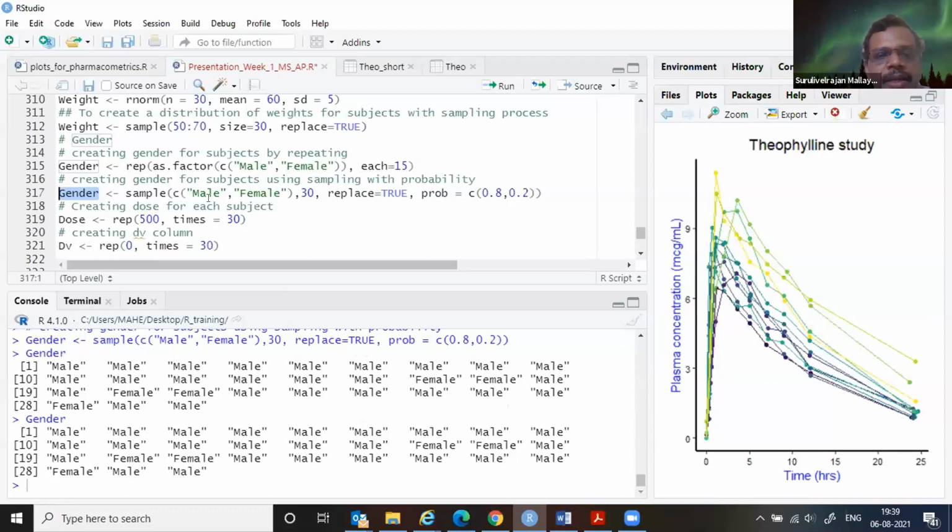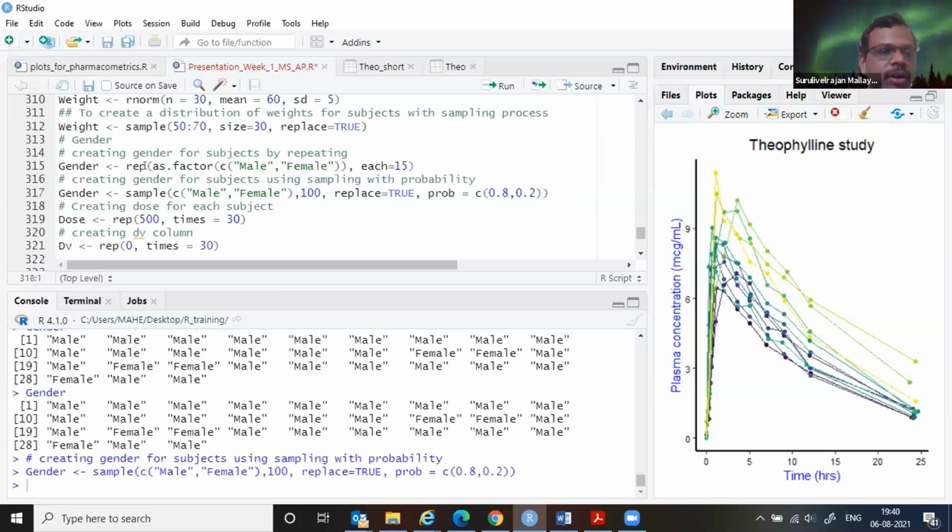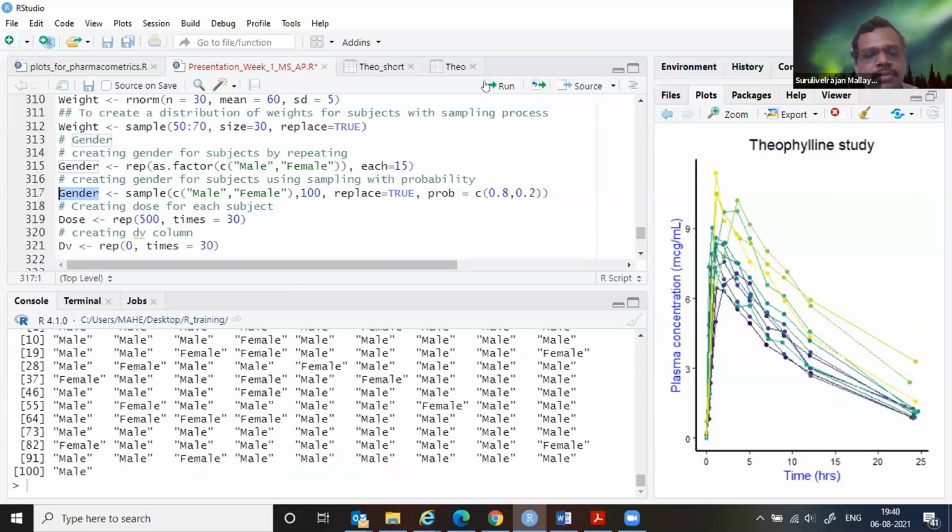You are sampling randomly with a particular probability, 0.8 and 0.2, 80% male and 20% female. This way you can generate a random sample and use it in your population. If I want 100, it's going to happen the same way. Then it's going to be a lengthy vector of 100 subjects having 80% males and 20% females. So that's one way we can randomly generate.